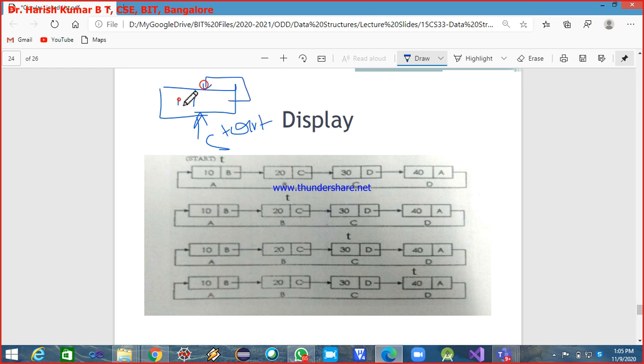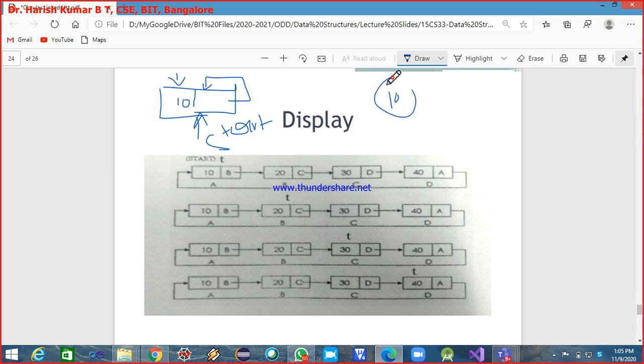And say this is some info field 10. I make T point to this. Using T, I'll go for printing its info field 10. I print, and then I check T arrow link is equal to start. Yes, T arrow link is equal to start. That means this is the only node and the process stops.